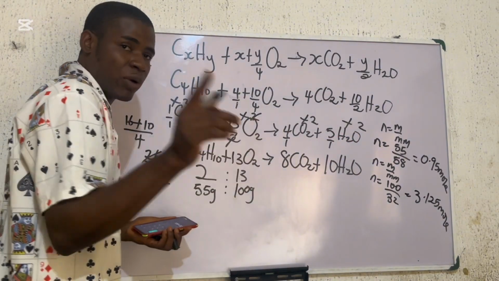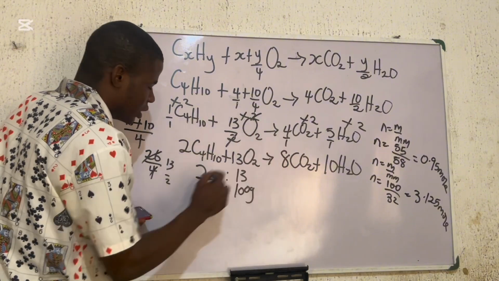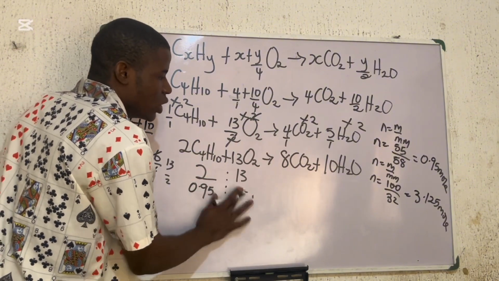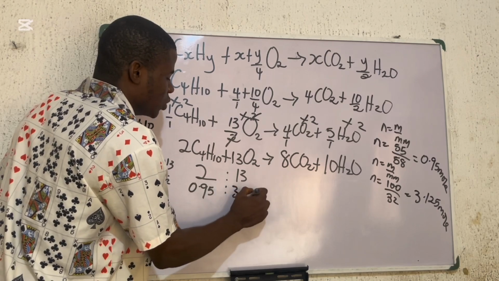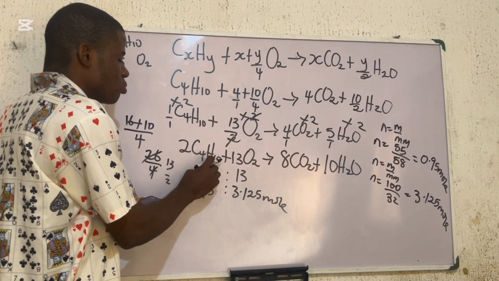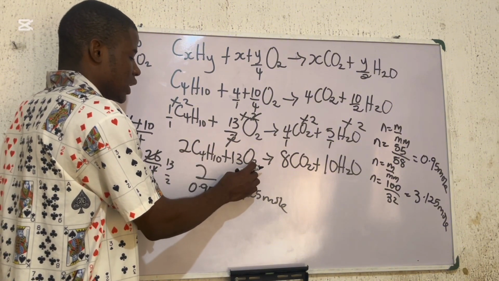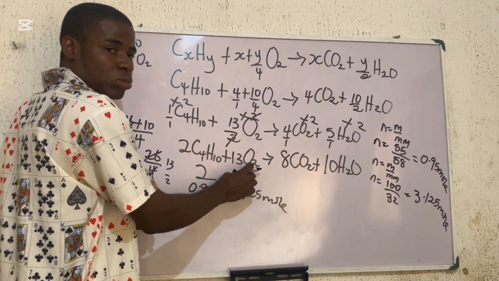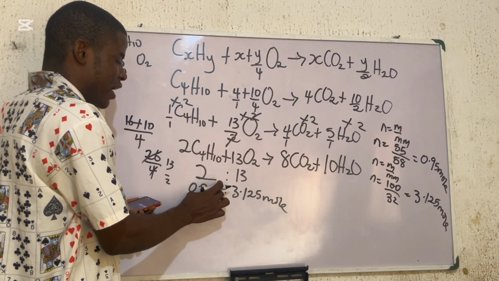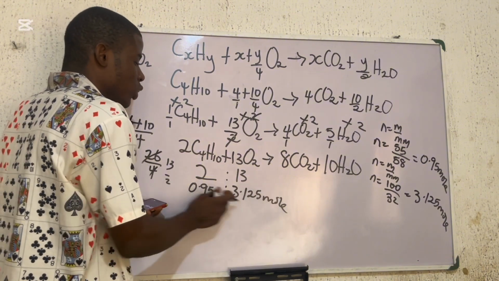So this question, that's their question, says what would be the limiting reagent when 55 gram of butane, which means 0.95 mole of butane, reacts with 3.125 mole of oxygen. Now, we know that 2 moles of butane is meant to react with 13 moles of oxygen. And then which one will be used up, or which one is